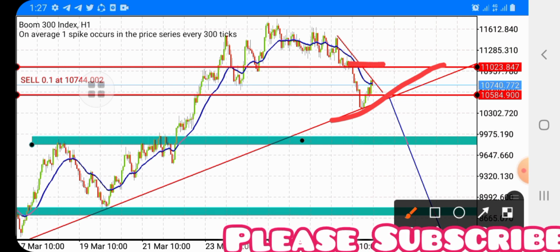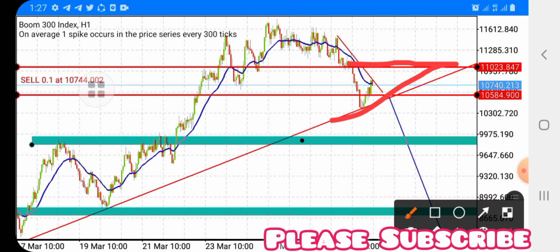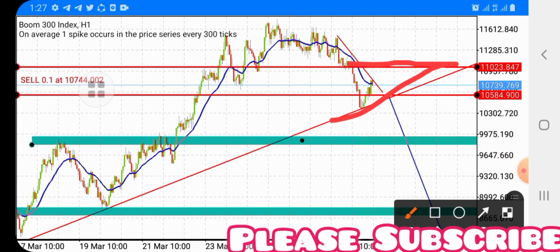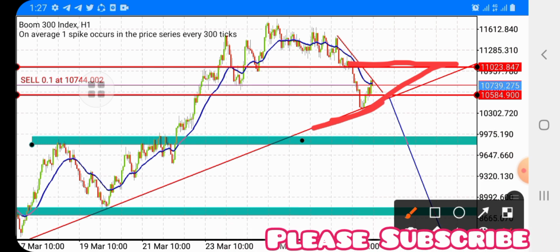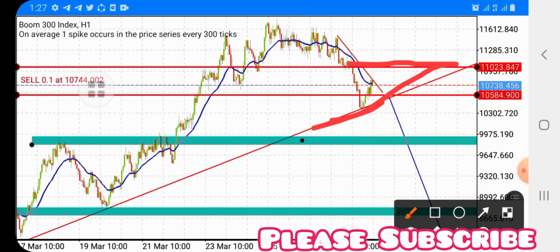So here I place my stop loss, so that once it breaks down from here, I'll have profit. Those that are waiting for this breakout, before a breakout, I shall make some good profit before the breakout. Right, that is aggressive trading. You trade with the first entry